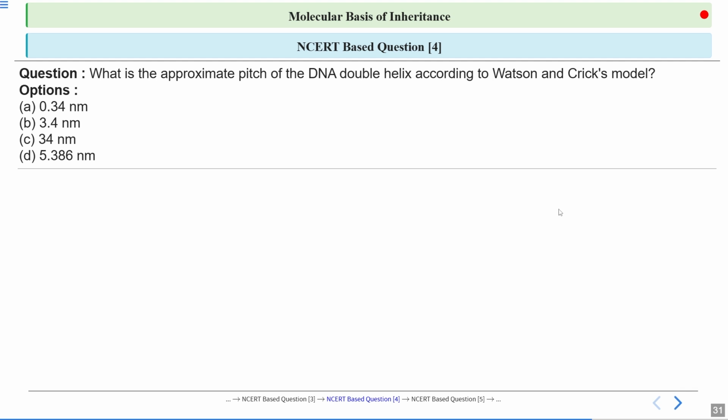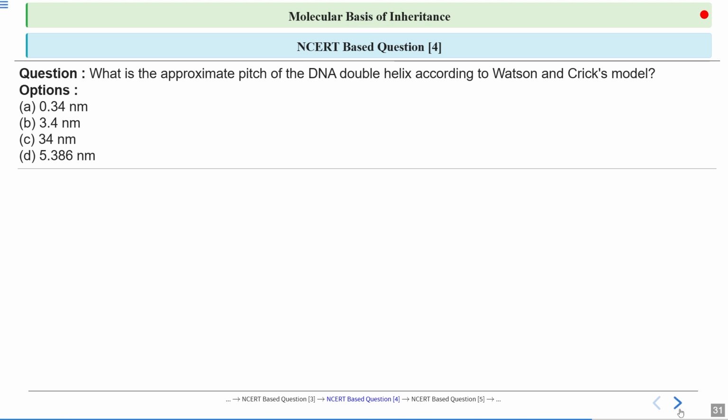Next question is, what is the approximate pitch of the DNA double helix according to the Watson and Crick model? So they are asking about the approximate pitch. Pitch means a single turn, the distance along the helix axis for one complete turn of the DNA helix. So is it 0.34 nanometer? Is it 3.4 nanometer? Is it 34 nanometer? Or is it